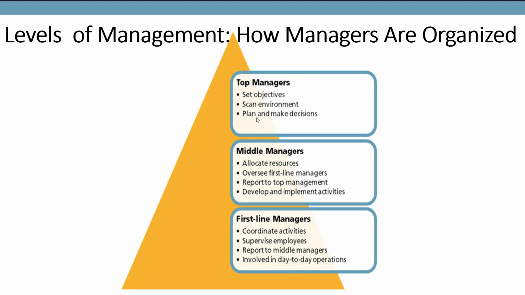So everybody with a C level suite, as we call it, they're usually on top. They set the objective, they scan the horizons, they want to see that the company is healthy, they plan and make decisions accordingly, and they make sure that the company is run properly, without any problems, issues, or circumstances. That's correct, Nassim. Now, when you look at middle managers, they work with top managers